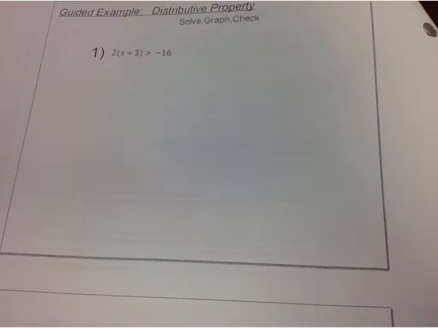then 2 times 3. Alright, so to start, we're going to go 2 times x. So 2 times x is 2x, okay? And then we're also going to go 2 times 3. And 2 times 3 is 6. And since they're both positive, just throw a plus sign in the middle. So 2x plus 6. And then that is greater than